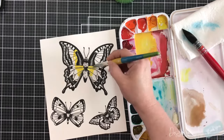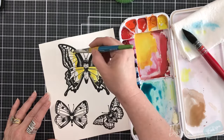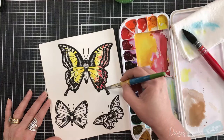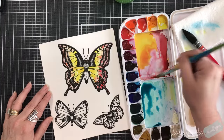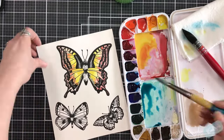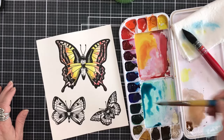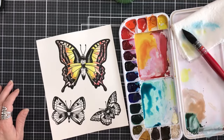For the large butterfly, we're going to go with some yellows and reds, which will make a soft shade of pink and coral in the center. And I'm just going to let these watercolors do what they do. I am not going to force it. The only thing that I'm forcing is making sure that I don't have too much of color pulling into certain areas. I don't want this to look like a stained glass. But if I kept those pulls in there, then you could certainly get that look